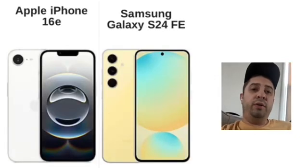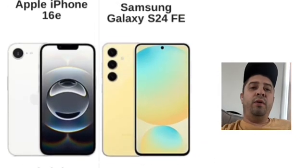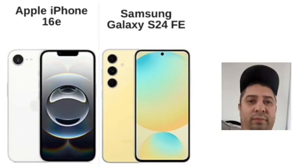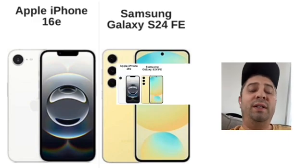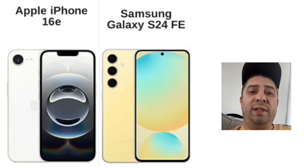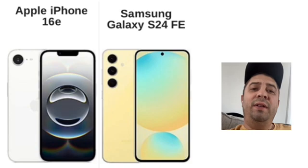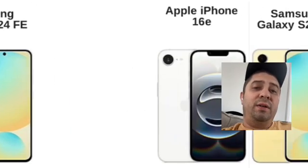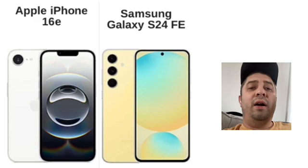So let's go ahead and compare the newer budget iPhone 16e with Samsung's own budget S24 FE. Price-wise, the iPhone 16e is $600. Samsung's Galaxy S24 FE, you can find it for $500 on Amazon, fully unlocked. So lower price unlocked is the Samsung, except that you could find the iPhone 16e for $300 on prepaid, brand new. So depending where you find these devices, they're both pretty cheaper than their flagship, the iPhone 16 and the